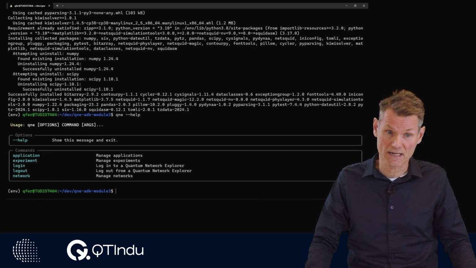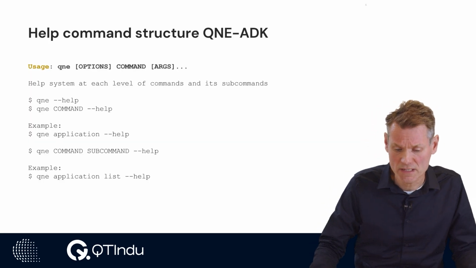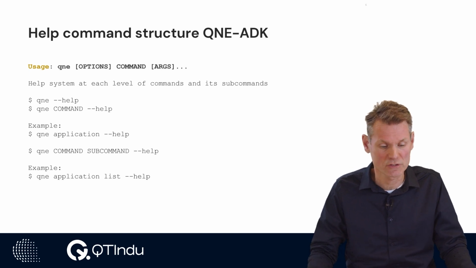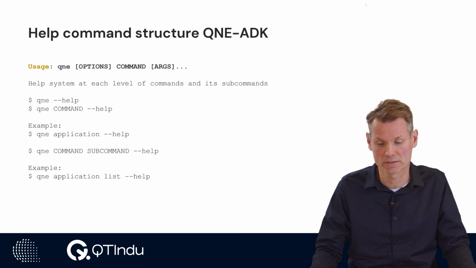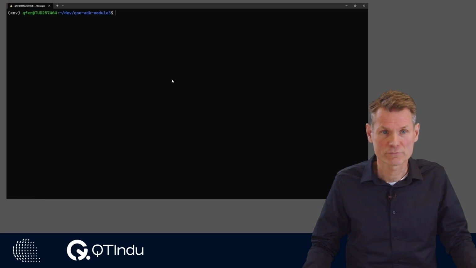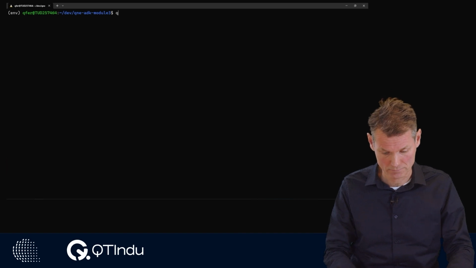When you see exactly this, the installation was complete. We have implemented an easy-to-use help system to get help for each command and its options. A short description for the command and arguments is printed. Also, an example is provided for each command. First, we will print the help for the application command.